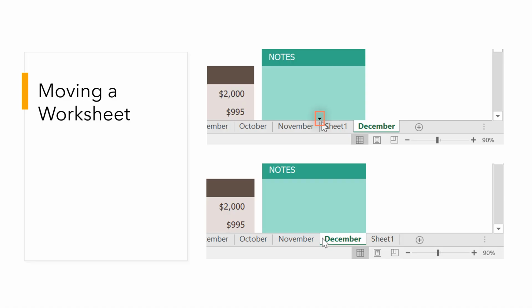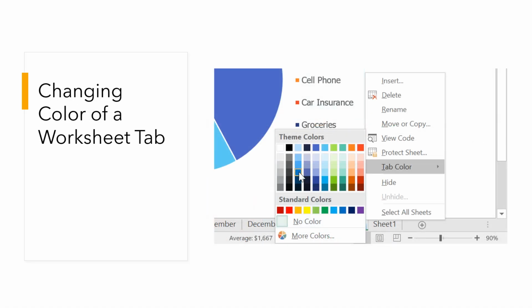It's never anything to panic about. If you move a tab or you didn't intend to move a tab, you can quickly move it back. Not a big deal. One of the things that you can also do with your worksheet tabs is change the